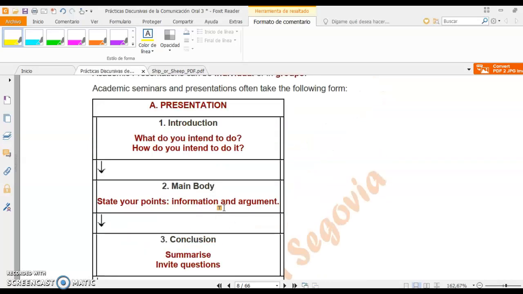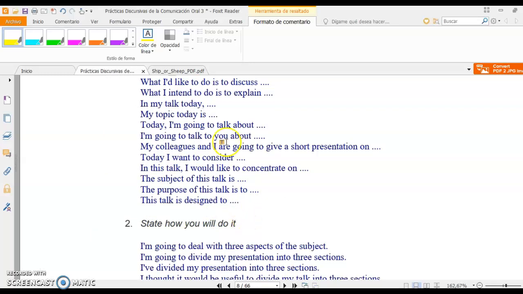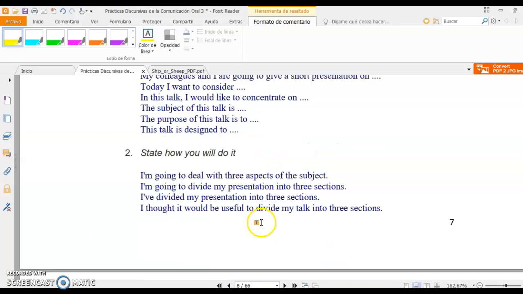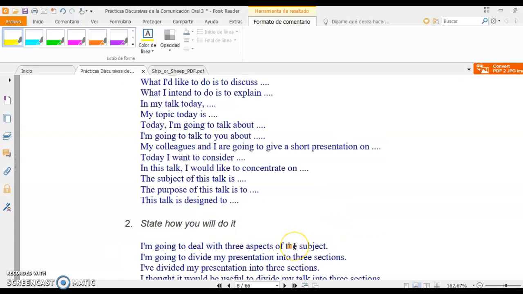I give you an idea to start talking about all the techniques that she is stating. For example, you would say, well, today I want to consider this one. I want to consider the technique in which I have to speak and to name things in English all the time.